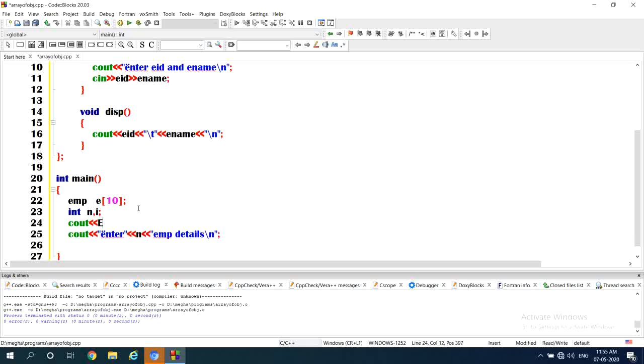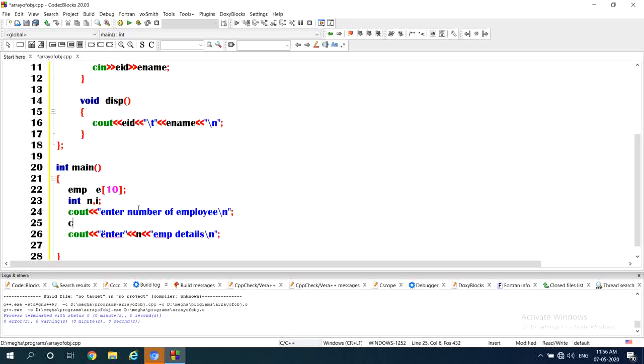Cout, enter number of employees, how many employee details you want to insert there. Cin, extraction, n. After that, n employee details the user has to input.